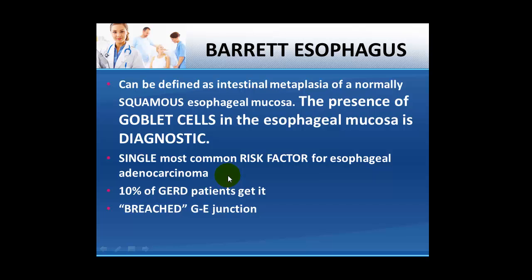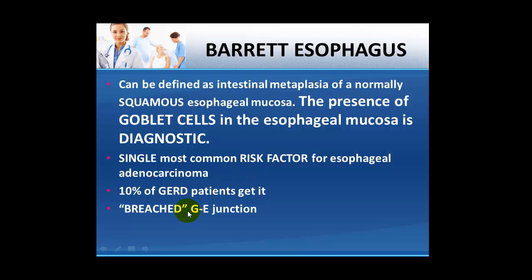This can lead to esophageal adenocarcinoma, because there is metaplasia, and that metaplasia will lead to dysplasias which can be mild, moderate, and severe, which can lead to carcinoma in situ, and towards the end the patient may suffer from esophageal adenocarcinoma. 10% of the patients who have reflux esophagitis or gastroesophageal reflux disease may suffer from Barrett esophagus. That does not mean that everybody who has heartburn or reflux esophagitis will get adenocarcinoma. Barrett esophagus is a pre-malignant condition. It will just increase the risk towards adenocarcinoma.